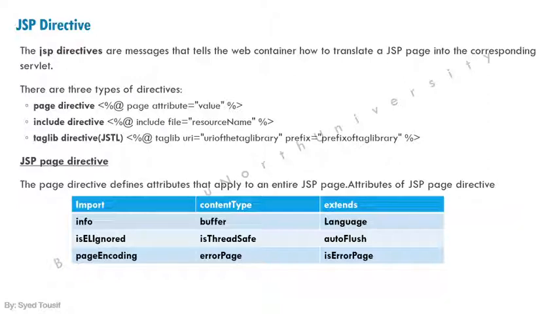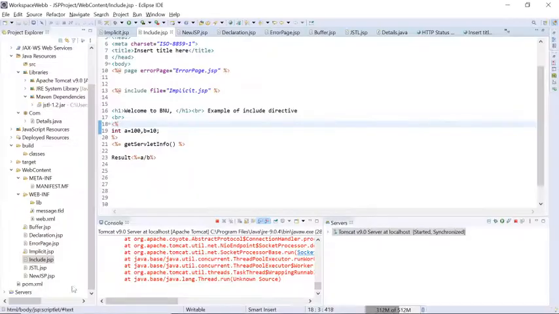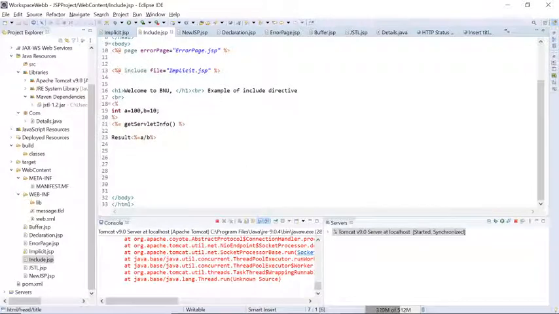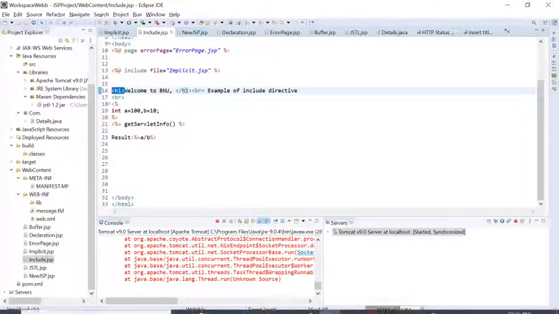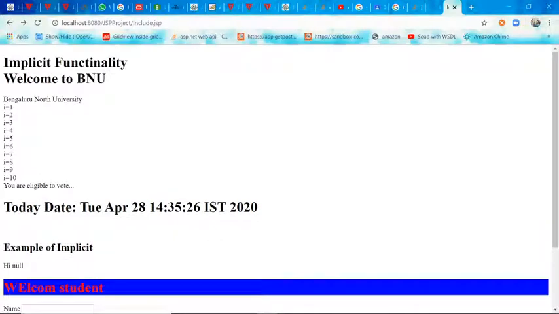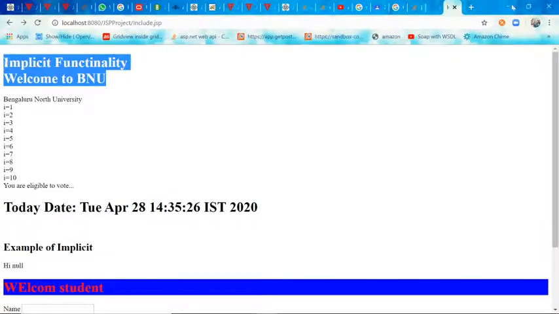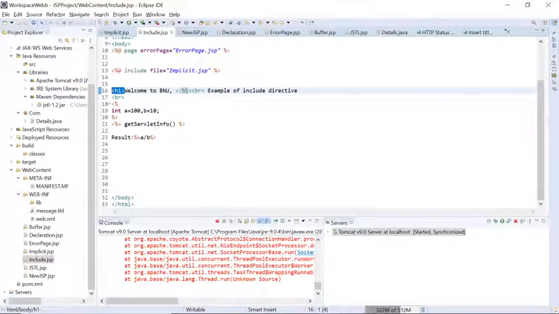Now we will come to taglib directives, JSTL. Now what is the use of this? Now you are able to see in this the tags, right? H1 tag, BR tag, head tag, body, head, title tag. Everyone has their functionality. If I have given H1, it is showing me some text in big characters, right? This is the way it works. So now the thing is, JSTL provides us a way to create our own tag.